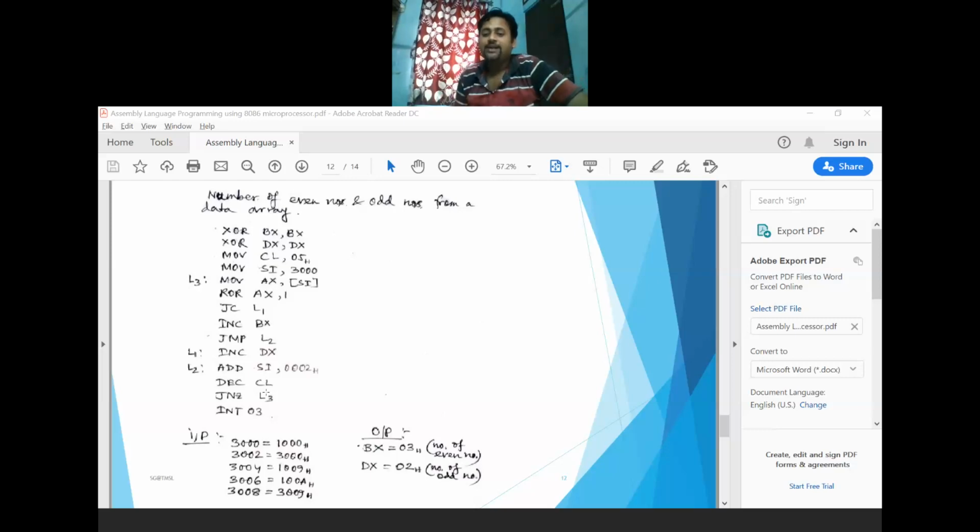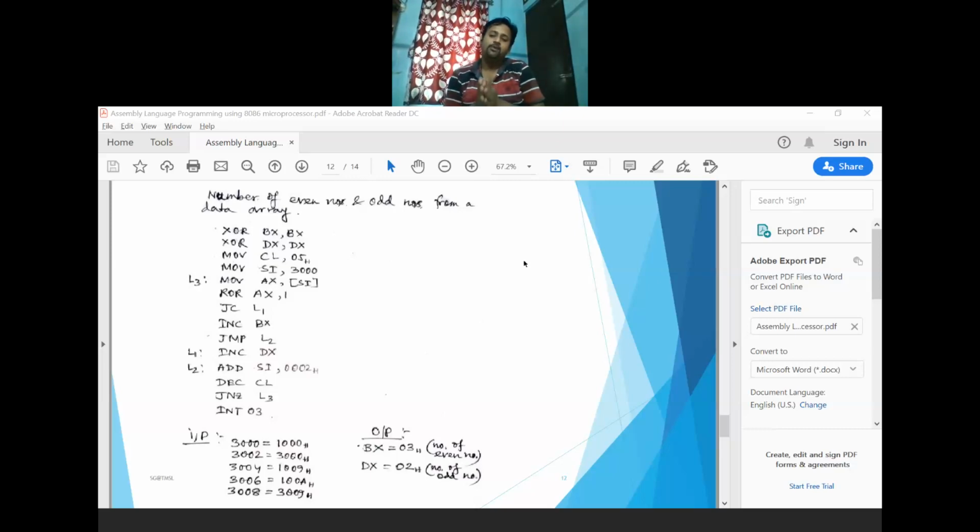Every time after rotation, if the carry flag is set, then it is an odd number. If the carry flag is 0, then it is an even number. You have to store in this way the count value of those numbers. Is it clear? How can you find out the even number and odd number?